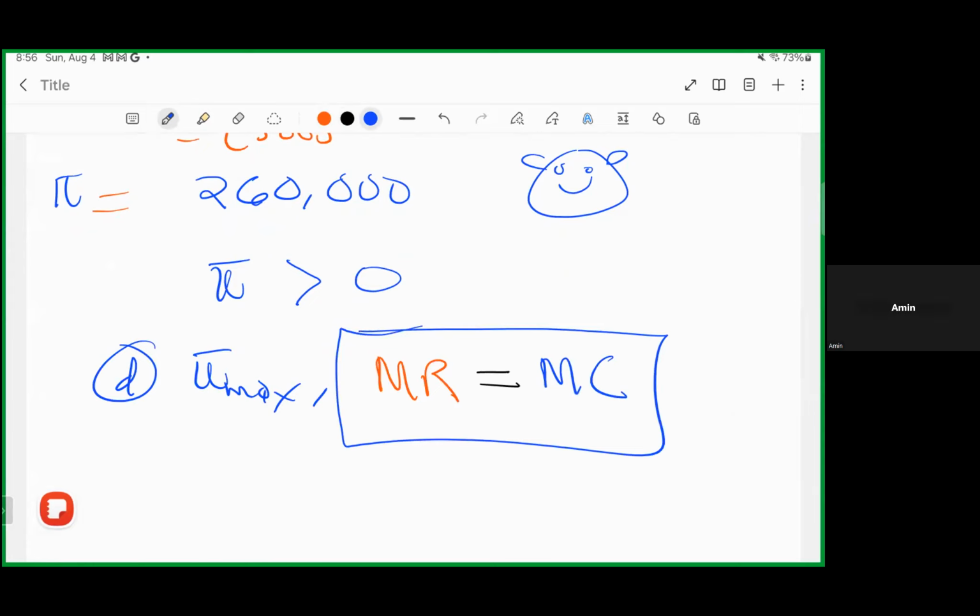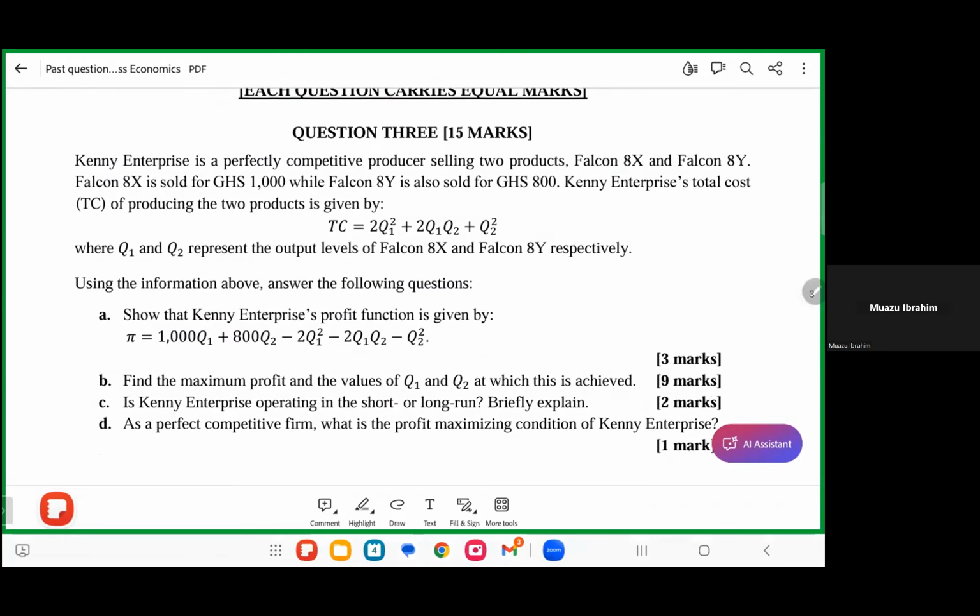Please again, in this case, we've had marginal revenue 1, marginal revenue 2, marginal cost 1, marginal cost 2. Or you are just going to write MR is equal to MC to satisfy that condition. Irrespective of the output, your profit maximizing condition is to target the marginal revenue to be equal to the marginal cost. So you just write MR is equal to MC and take 1 mark. So that is all.